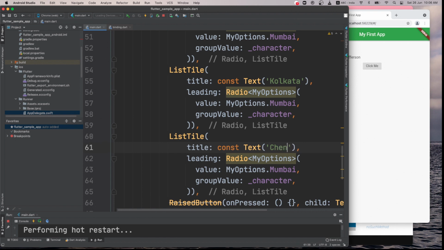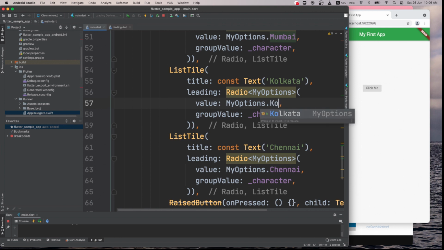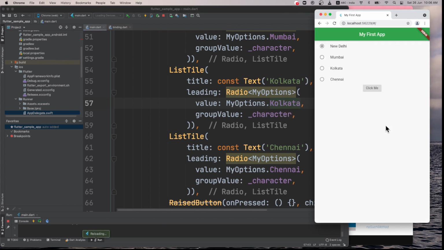So what we are trying to do is show these options, and once you select them, it should be able to identify which one you have selected. So I saved it, and here you can see all the 4 items are coming.